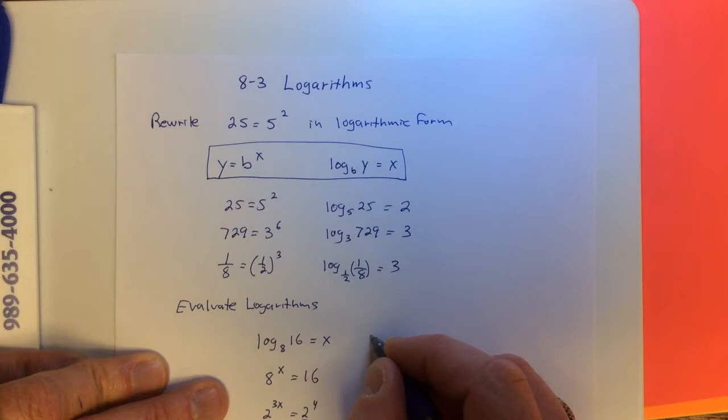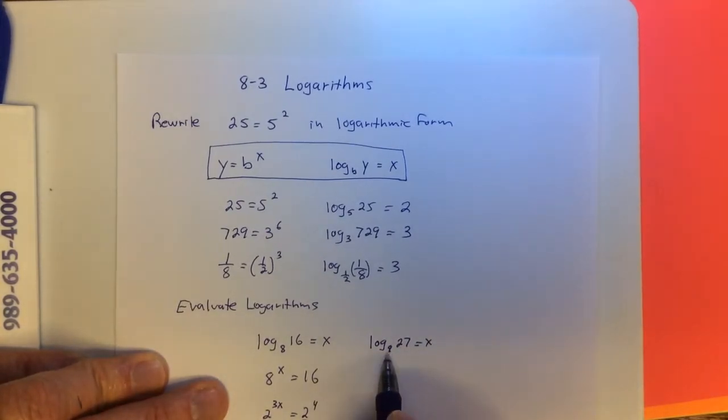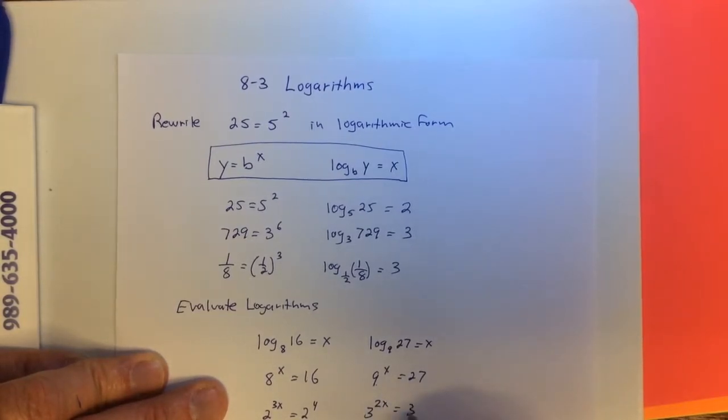Let's take another one. I'm going to evaluate log base 9 of 27. Okay, so I set it equal to x. Write it in exponential form. The base is 9, so 9 to the x power is equal to 27. 9 and 27 have the same base of 3, so 9 is 3 squared, and then to the x power is equal to 27, which is 3 cubed. And when the bases are equal, then the exponents are equal, so 2x is equal to 3, so x is